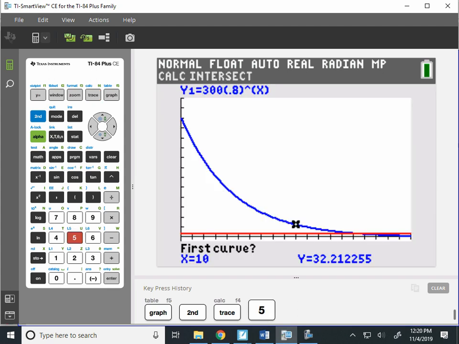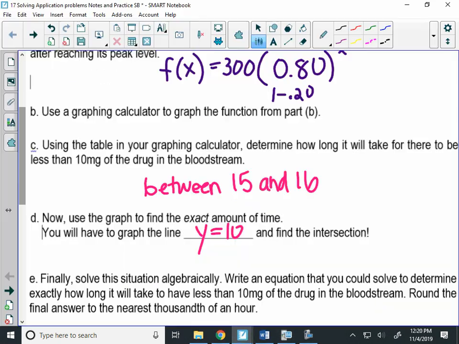Intersect, number 5. And once I clicked on that, how many times do I hit enter? 3. 1, 2, 3. And it tells me exactly 15.242 hours is when I'm going to have 10 milligrams, and after that, I need more medicine. Okay, are we okay with the calculator stuff? So 15.242